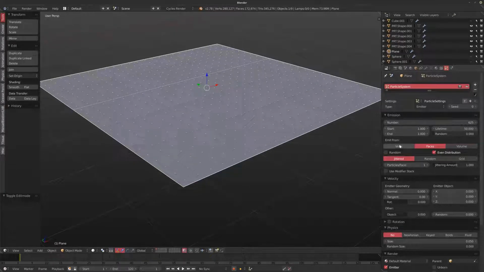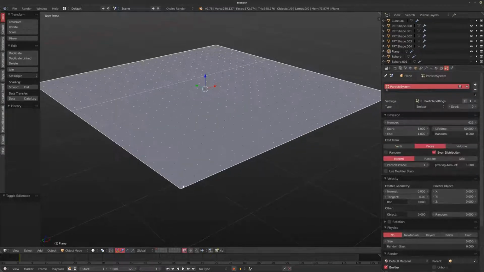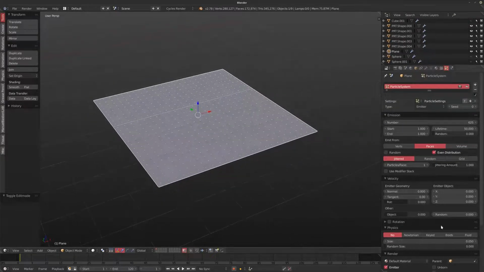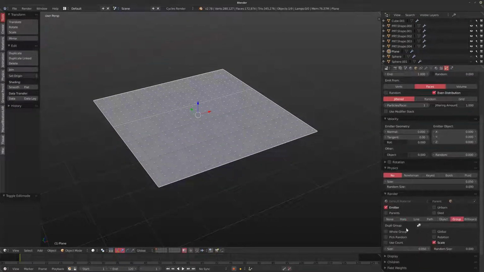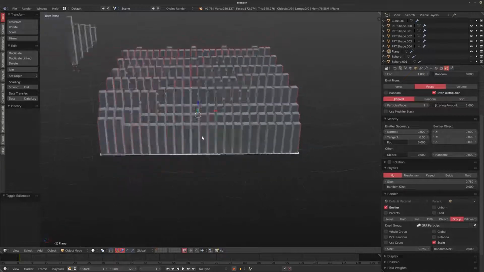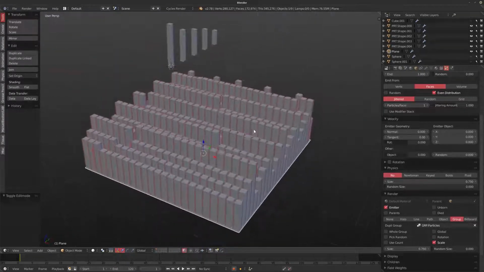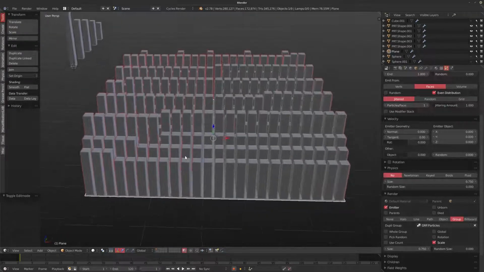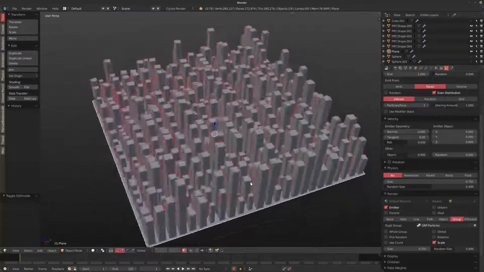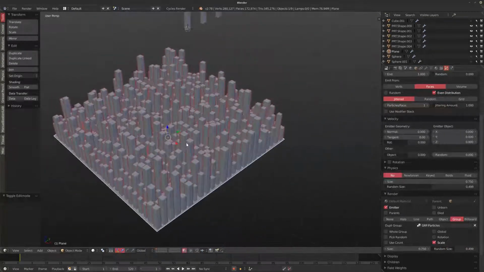So you could set it to verts as well, but I find setting it to faces is nicer because it's like in the middle of these faces and it looks a little bit better. So the next thing we're going to do is just going to grab the group here, and I have those particles. And the reason I set up those 5 different ones is, as you can see, we now have already differing sizes between the particles themselves. And if we add a random size into this, you get super random looking stuff without having to really lift